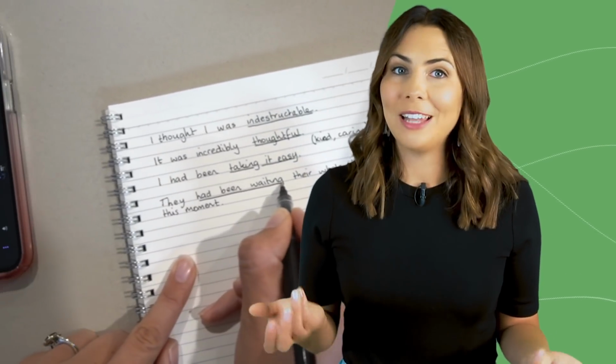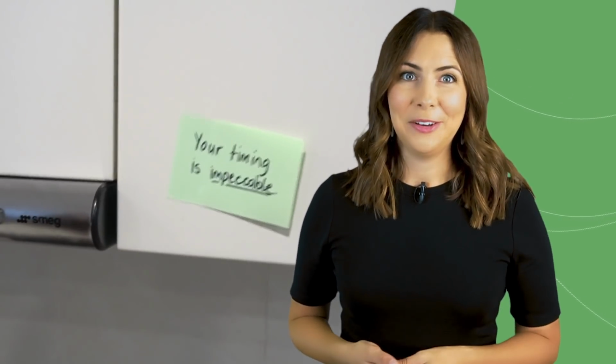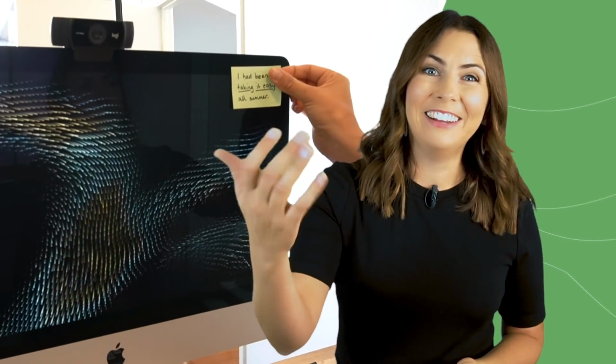Maybe you heard the perfect example of a sentence in the past perfect continuous. You heard it while you were listening to a podcast. They had been waiting their whole lives for this moment. Write that down. Write it down, stick it to the outside of your shower screen so you can memorize it while you're washing your hair, or on your mirror while you're brushing your teeth. You stick these cards in places where you often spend some time doing something else and you're sort of stuck there. Maybe at the kitchen sink while you're doing the dishes, or next to the TV, or next to your